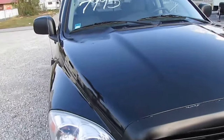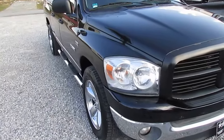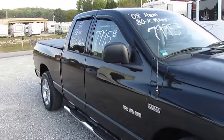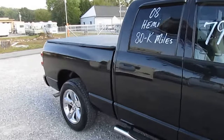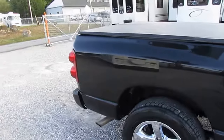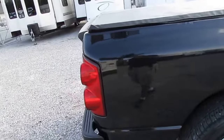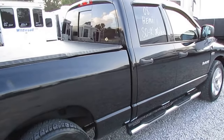In March of 2015, and the guy that traded this in had no idea about any of this because he bought it from a for sale by owner. And unfortunately, a for sale by owner doesn't have to disclose any branding on the title. And he didn't know any better. He paid about twice as much for this truck as we're asking for it. But in March of 2015, this vehicle rear-ended another vehicle, best of what I can tell